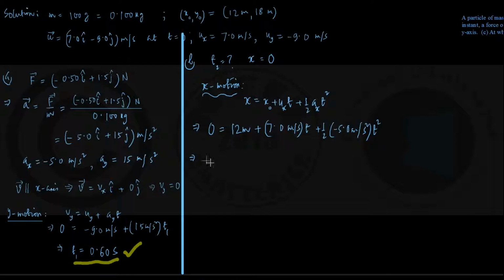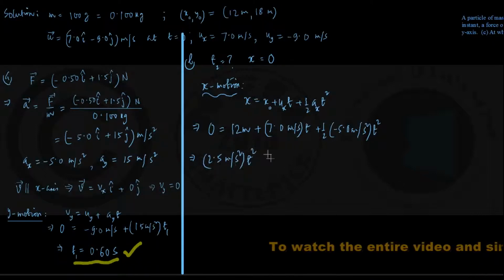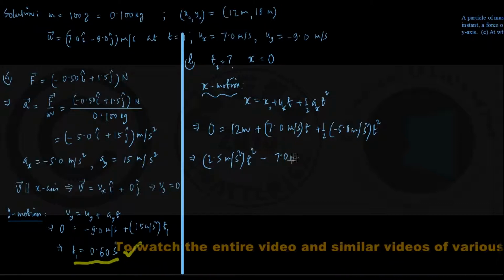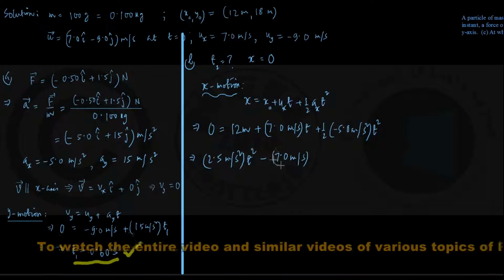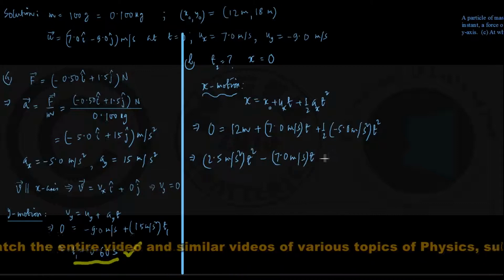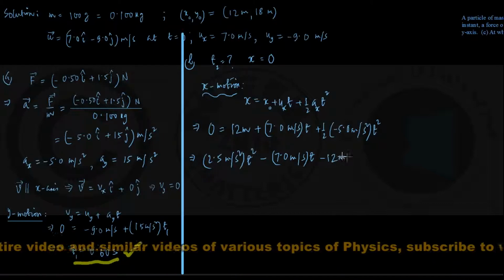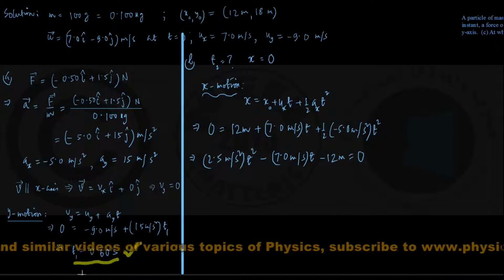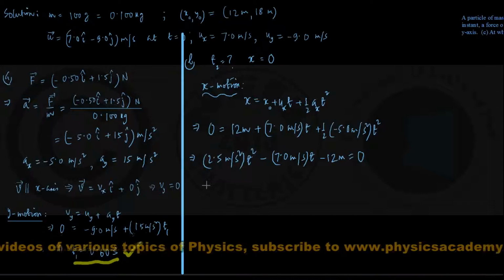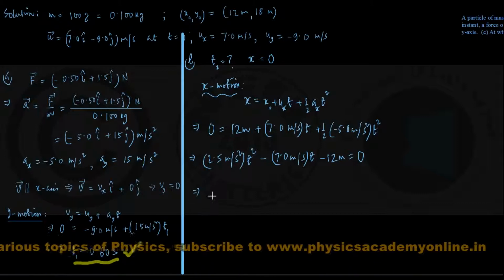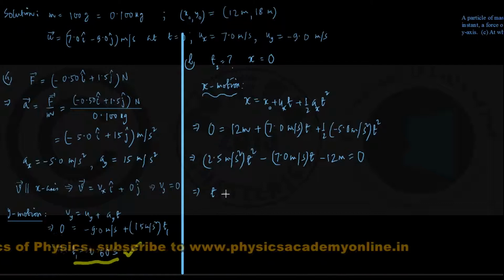Let us rearrange it to write 2.5 meter per second square into t square minus 7.0 meter per second into t minus 12 meters is equal to 0. A quadratic, and you know the solution of this. I'm just applying it straight away and writing that the roots of t are given by, well, you just corroborate this one,